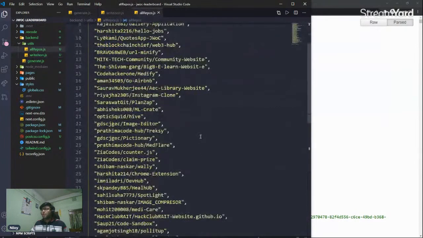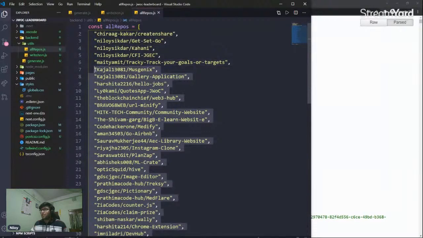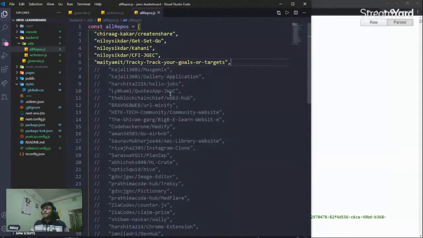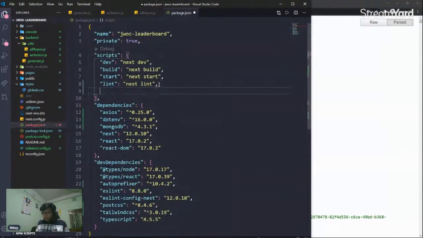Now let me just quickly run. We are not going to run for each and every repo. Let me just initially run for like 1, 2, 3, 4, 5, the top 5 repos. So inside our package.json, I will add another command called generate. So I will do simply node backend dash generate.js. Great. So if I now run npm run generate, our node.js will execute this generate.js file